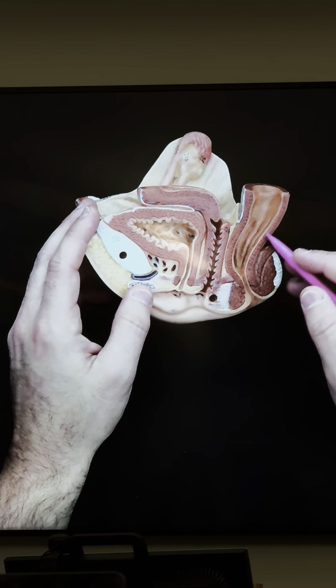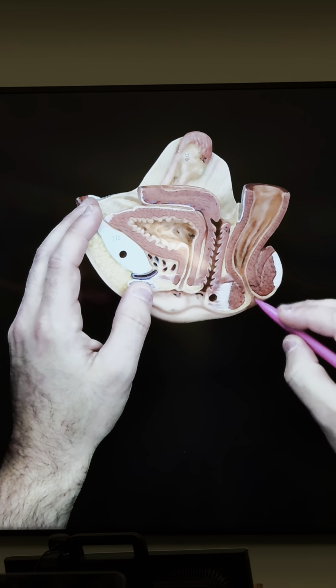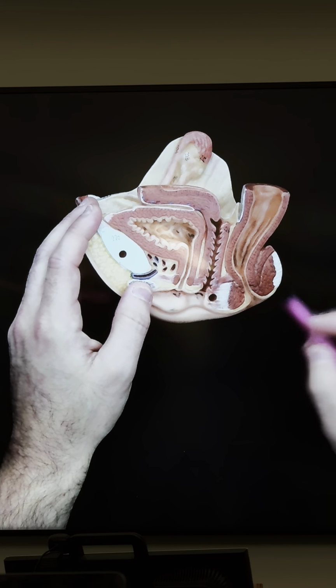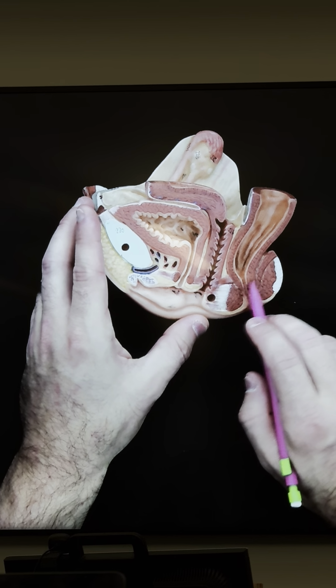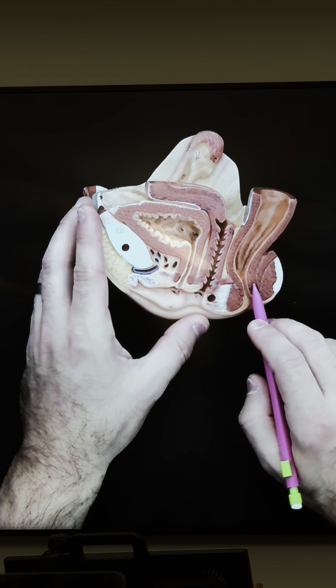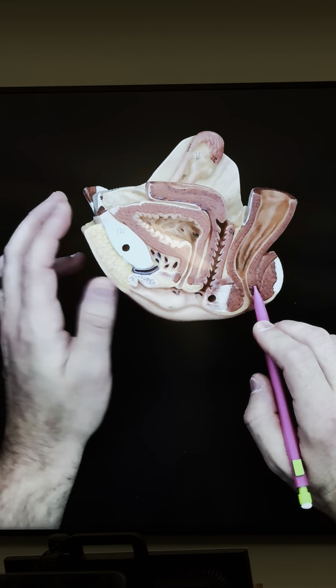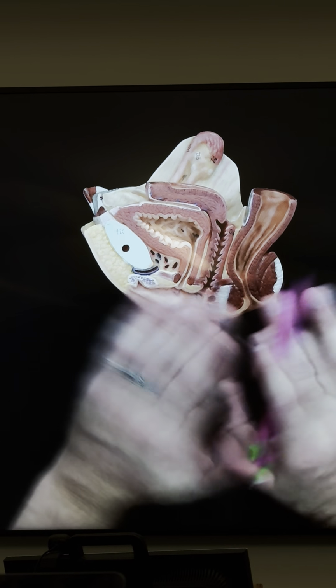Okay, then you come here, and you have your anal canal and the anus, and then you have two sets of muscles. You have an internal anal sphincter that's made up of smooth muscle. It helps a little, not a ton. When we get to your internal urinary sphincters, they do nothing, so we'll get to that later.